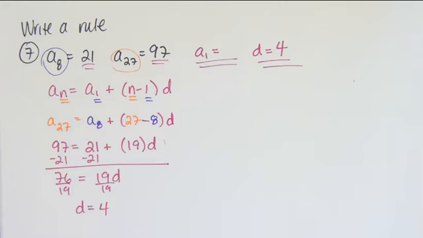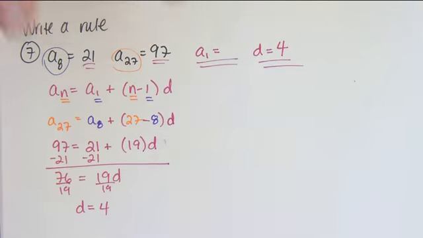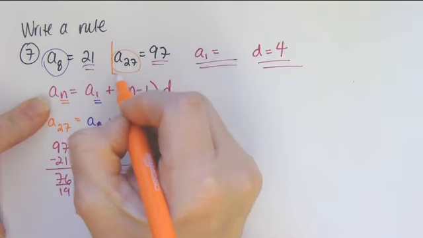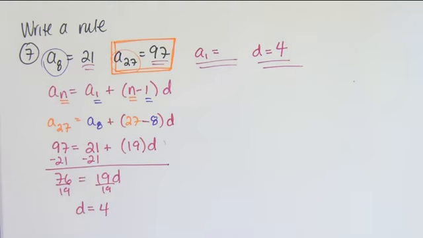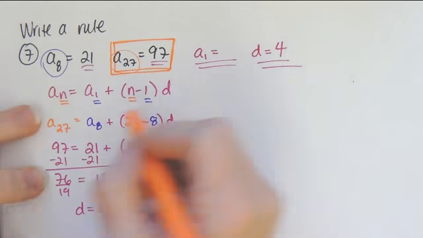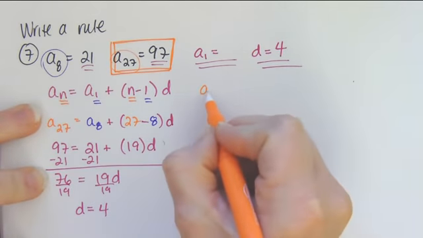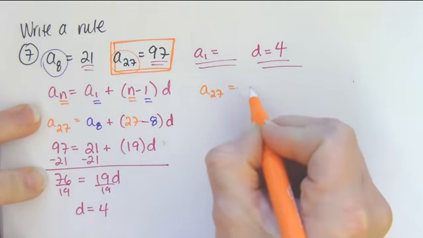I'm probably going to just, well, you could pick either one of these. You pick what you want. I'll just stick with the a sub 27 because that's what I used in this spot anyway. So I'll just use this one. If you want the smaller numbers, you could do the a sub 8. So again, instead of a sub n, I'm going to use a sub 27 equals, I still don't know a